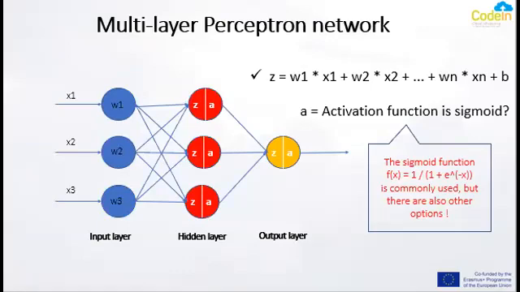Now, imagine a network of interconnected brain cells working together to make decisions. This network is called a multi-layer perceptron, or MLP for short. It's like a team of specialized neurons working together to solve a problem. The MLP has an input layer that receives information, one or more hidden layers that process the information, and an output layer that produces a prediction or decision.